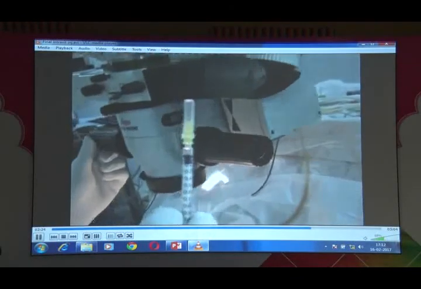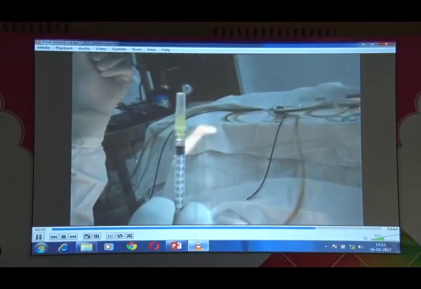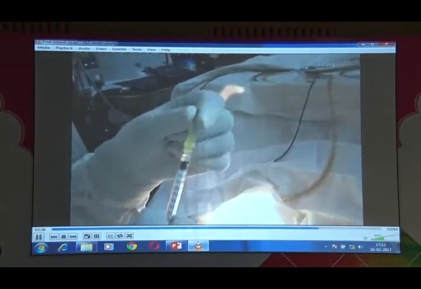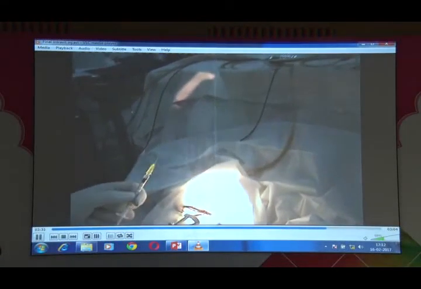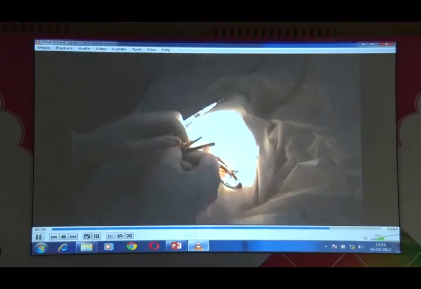So this is the drug which we had prepared. So this is following total aseptic precautions and applying betadine, which we have already done. And the lid speculum is already applied there after draping the patient. And we can measure 3 millimeters in aphakic and pseudophakic patients from the limbus and 3.5 millimeters in phakic patients. That's the usual way of doing an intravitreal injection. But if you're using the device made by Dr. Ajay Arora, you don't really need to measure it. You can directly use that, and it is quite handy to inject.